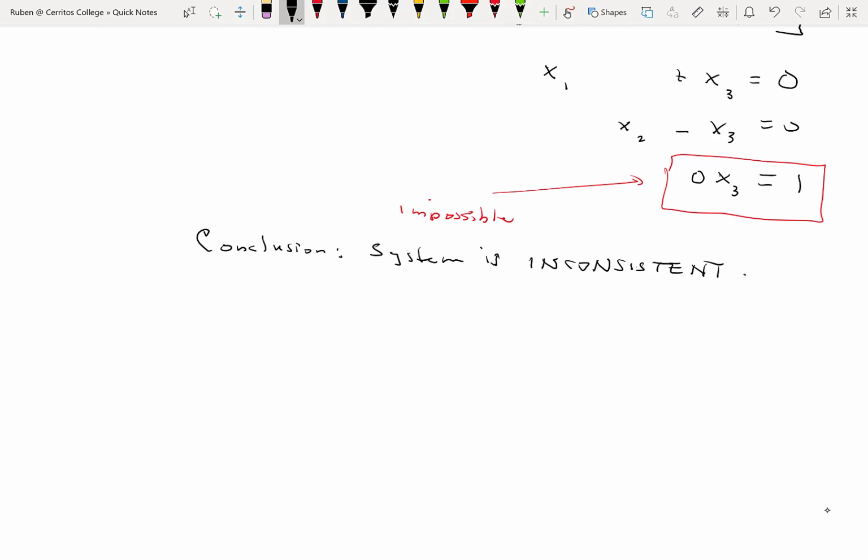The first thing to do is to enter the actual matrix into the graphing calculator. Again, I'm going to use the TI-84, and I'll describe this. If you already know how to do this, you can skip forward in the video to our next example. But to use the Gauss-Jordan elimination method, first thing we do is we enter the matrix. So if you turn your calculator on and you push